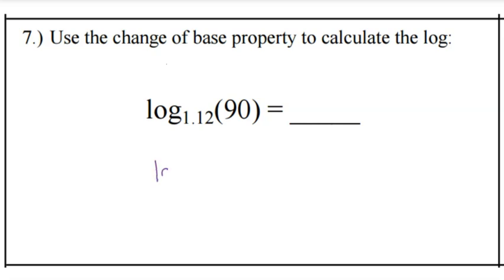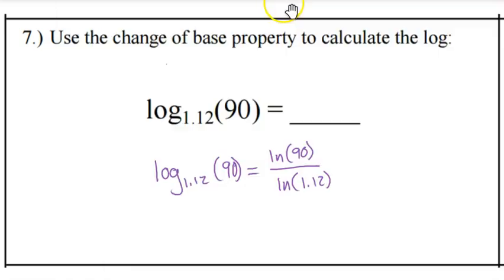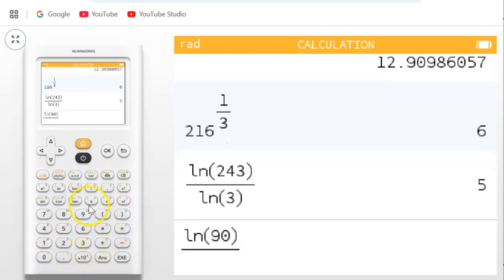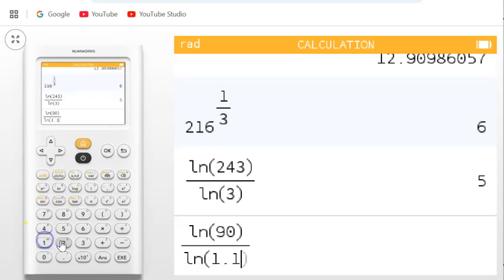To calculate this logarithm, the change of base says that log base 1.12 of 90 is going to be equal to the natural log of what's inside the logarithm, which is 90, divided by the natural log of the base of the logarithm, which is 1.12. So very simply, it's just the natural log of 90 divided by the natural log of 1.12, which we can do in the calculator. So we will do the natural log of 90 divided by the natural log of 1.12,